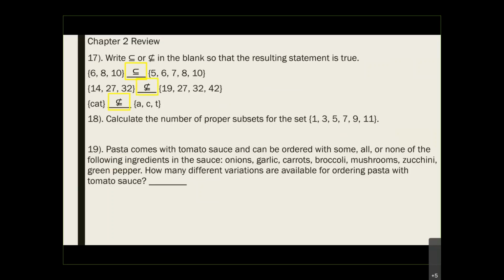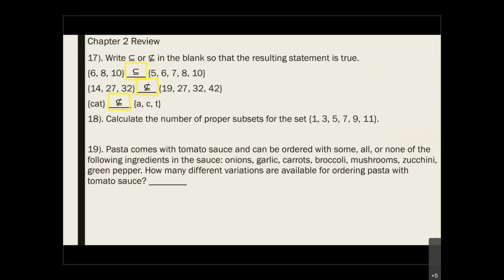Parentheses, which is only one element, just an element called cat. The other one, we have A, C, E, which is 3 different elements, which we can arrange. The cat is just one element, okay? So number 18, they ask you to find the number of proper subsets for this set, which is